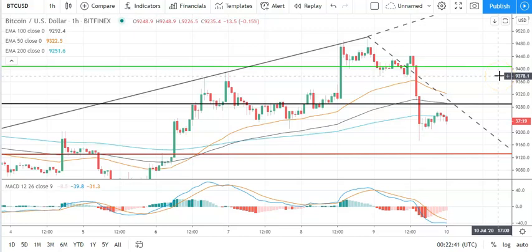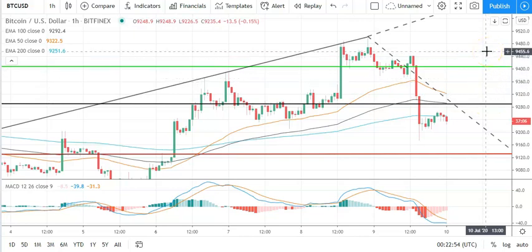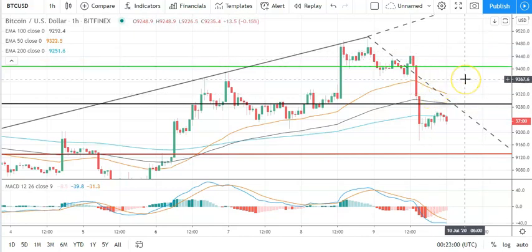Jumping straight in and looking at Bitcoin against the dollar and the hourly candlestick. Bearish day yesterday and a bearish start to the day. Going to need to see Bitcoin move through the pivot at 92.92 to support a run at the first major resistance level sitting at 94.09. Going to need to see, obviously, support from the broader market to break out from